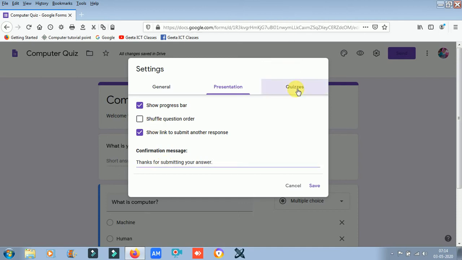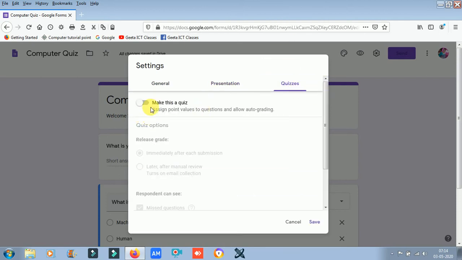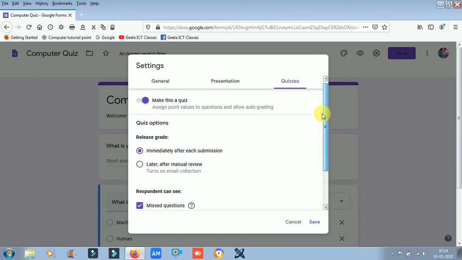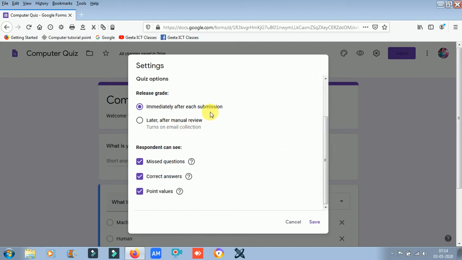And next is quizzes. Do you want to make your form a quiz? Do you want to give the students grades? You can choose to release the grade immediately after each submission, or later after manual review.